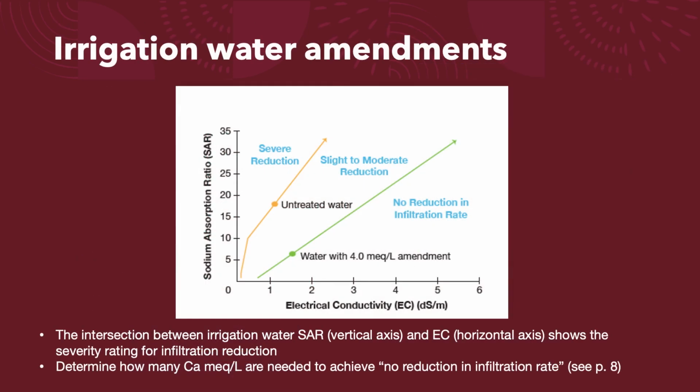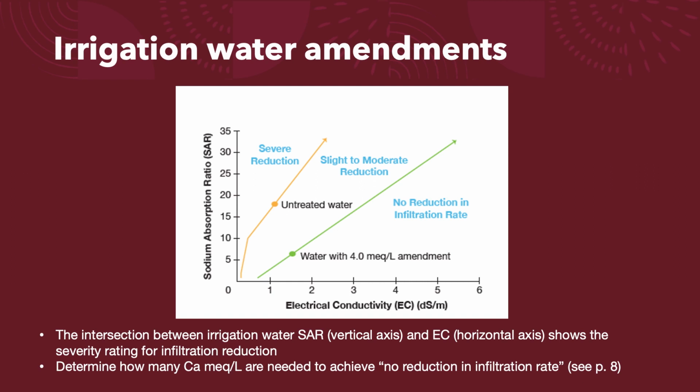And so on page 8, there's a chart that shows you the intersection between your sodium absorption ratio and your electrical conductivity. So you can take the information you have from your analyses on your unamended water, and you can see, okay, if my sodium absorption ratio is 18 and my EC is right around 1.1, this is where they intersect. And then this chart lets you know that if those are the conditions, then that's susceptible to severe reduction in infiltration potential. What we want to do is amend the water sufficiently so that we can get no reduction in